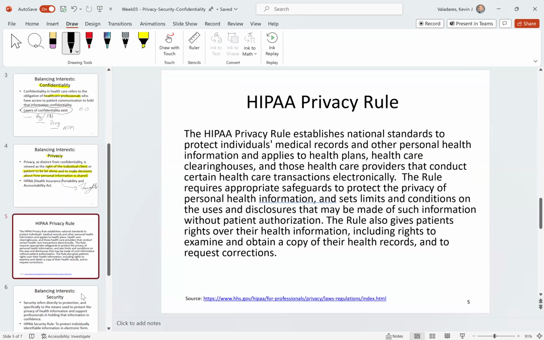So I'm going to ask you to understand what this privacy rule is all about. It is perhaps a little bit deeper, in a lot of ways fairly simplistic, but deeper than what many of us have come to understand as HIPAA. We understand HIPAA as, we can't talk about stuff. And then what do we do? Well, we sign it. We sign stuff and say, yes, I, Kevin Valadares, will never violate HIPAA.